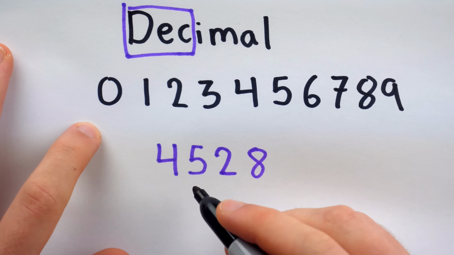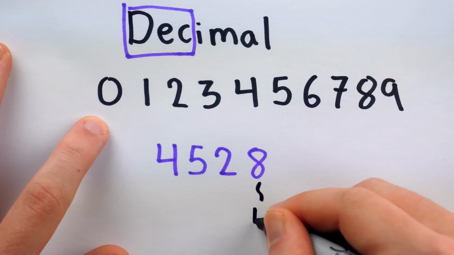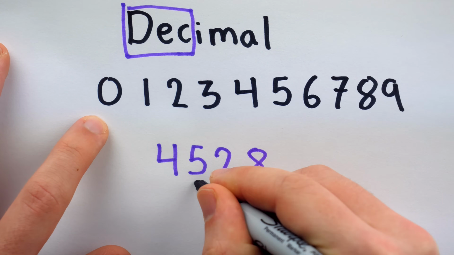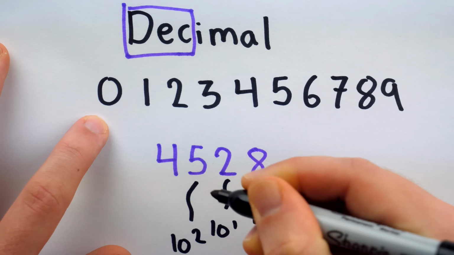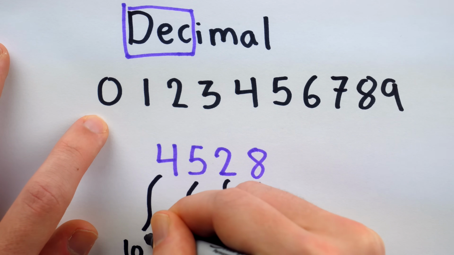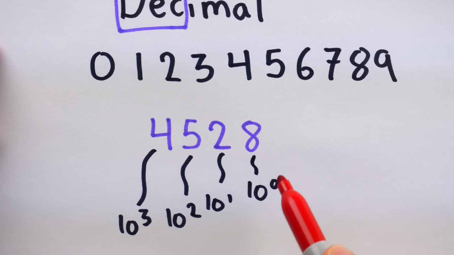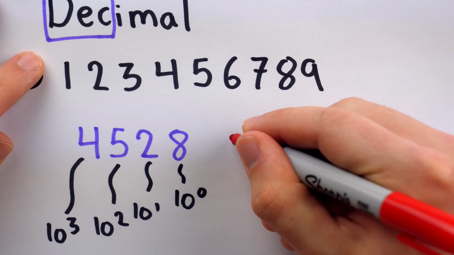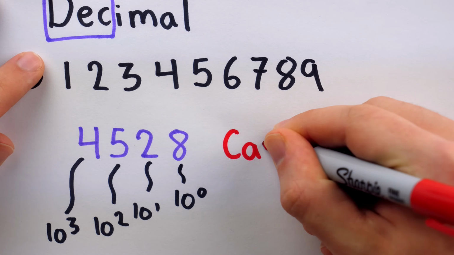So a number like this, 4528, is representing 8 copies of 10 to the 0, 2 copies of 10 to the 1, 5 copies of 10 to the 2, and 4 copies of 10 to the 3. And while this sure does seem great, while sitting in my blissful state of reflection, I realized there's one big